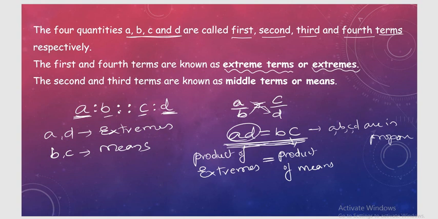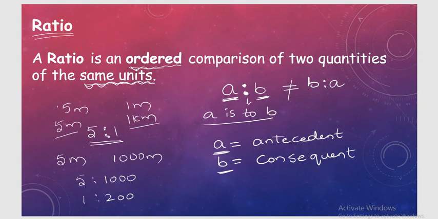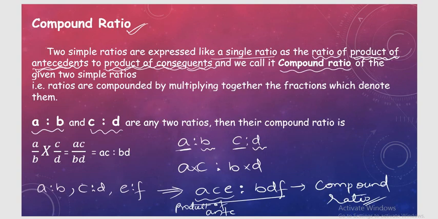So this is the topic which we need to remember, right? First of all, about the ratios. A ratio we represent as A is to B. This A is to B can also be written as A upon B or A by B. If you want to represent it in the form of a ratio, you can use the ratio form, or if you want to represent it like a fraction, you can write A by B. We need to remember A is the antecedent and B is the consequent, right? Next, we have discussed compound ratio.